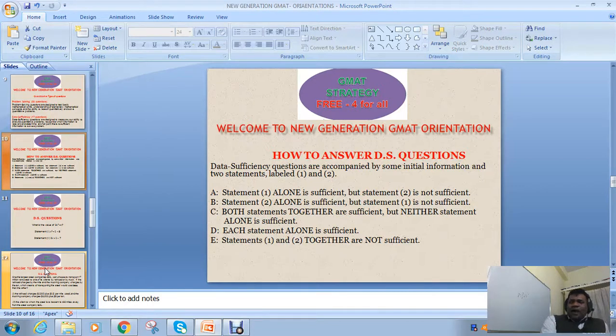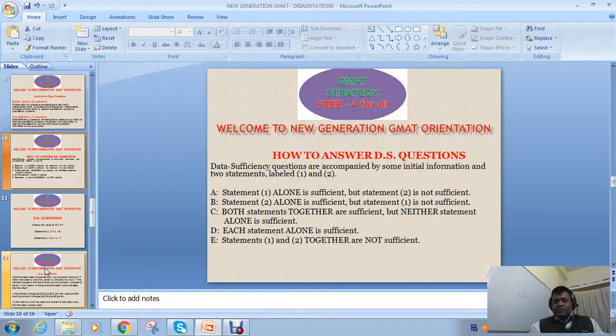For the question being asked, if statement 1 alone is sufficient and statement 2 alone is not sufficient, in that case you need to choose the correct answer as A. If statement 2 alone is sufficient but statement 1 alone is not sufficient, then you need to choose answer B. Let us assume that statement 1 alone is not sufficient, statement 2 alone is not sufficient, but when we combine these 2 statements, we have sufficient information to answer the question being asked, then we need to choose the correct answer as C. There could be the case where statement 1 alone is sufficient to give an answer, and statement 2 alone is also sufficient to give an answer. In that case, you need to choose the correct answer as D.